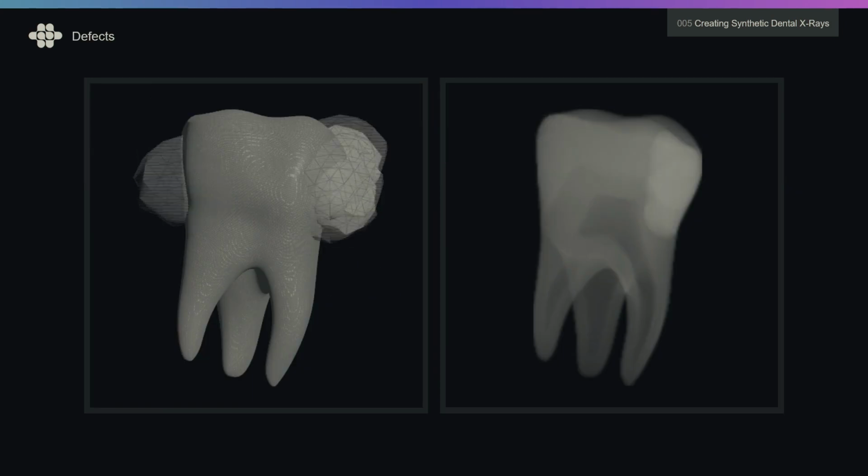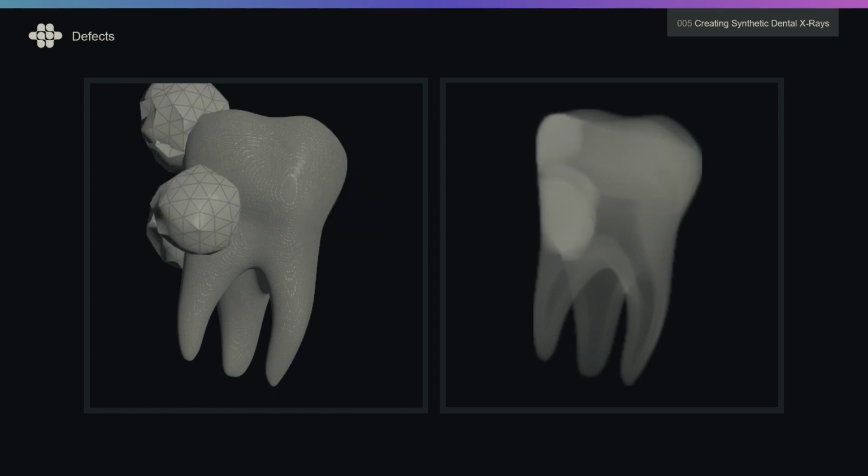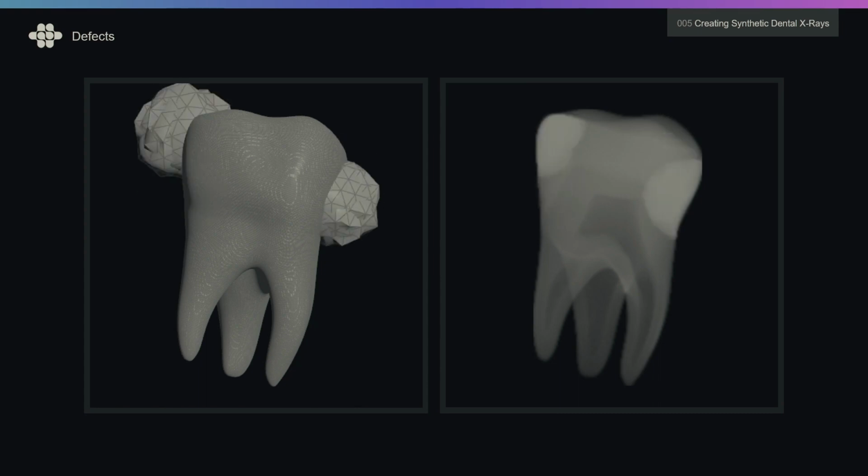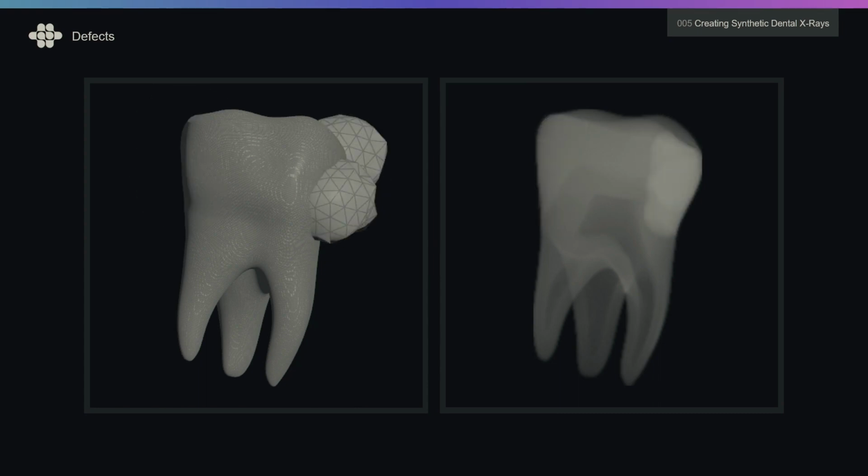Next, we add some basic defects. This is pretty basic Houdini stuff. There's a scatter with a copy to points. My lumpy spheres aren't quite as good as Rich Lord's, but